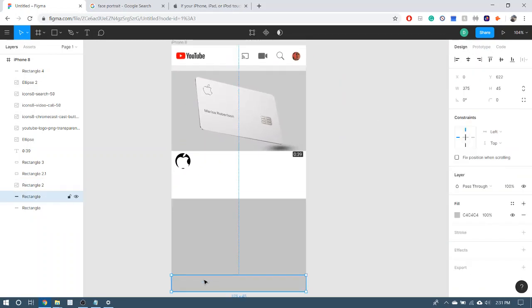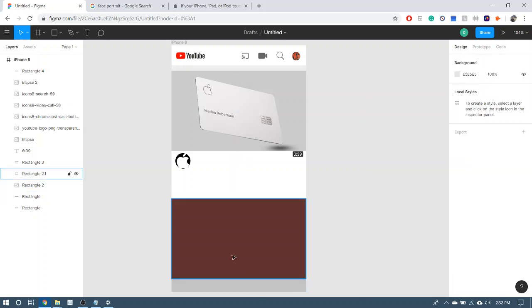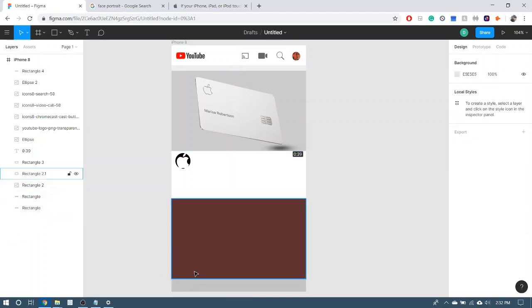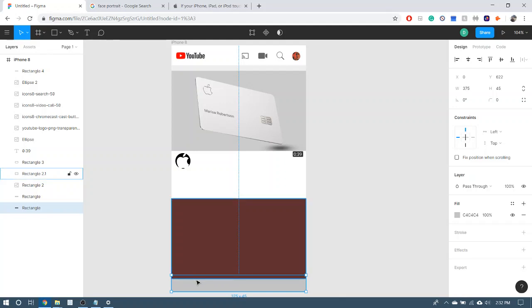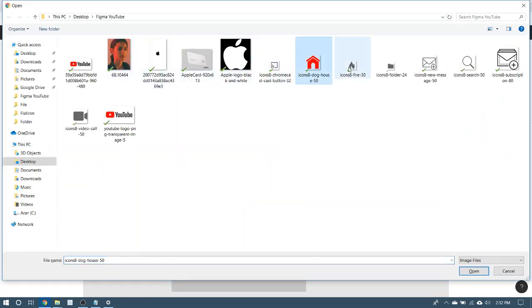So remember, I do have this. Before I change this to the color, I'm going to make this a different background color just so we can separate it from what it is. And we're going to put this before this. Anyways, so we're going to bring out the icons. So, which is this, this, this,